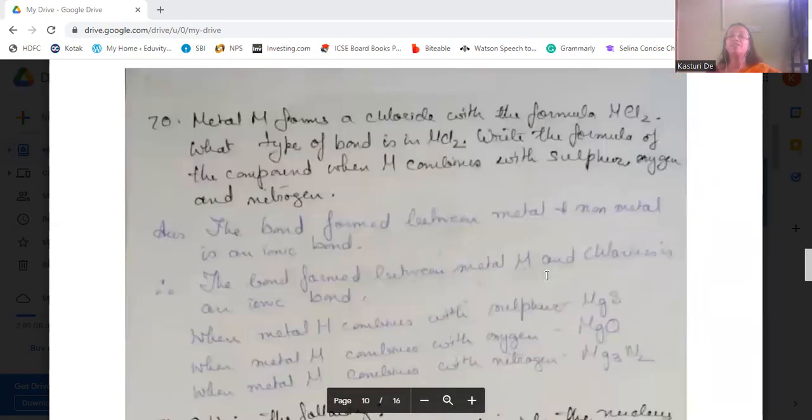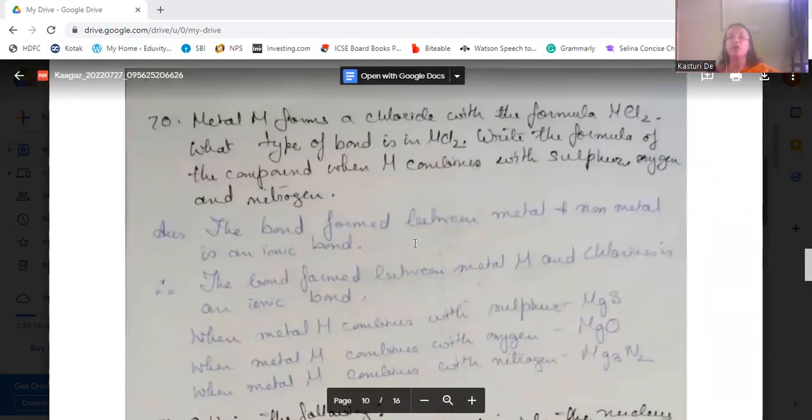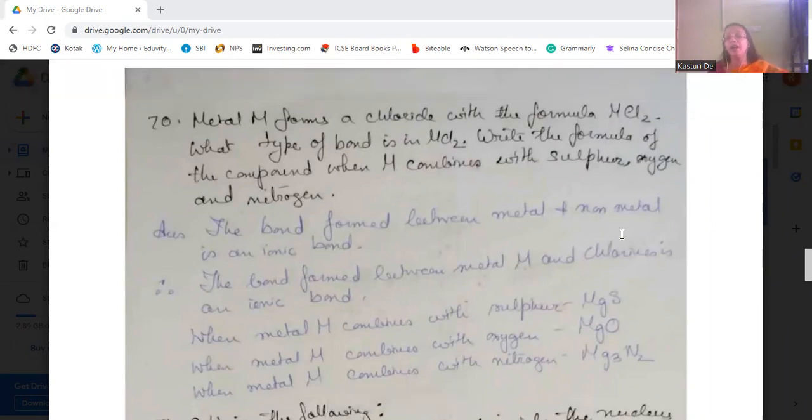Okay. The metal M forms a chloride with the formula MCl2. What type of bond is in MCl2? Write the formula of the compound when M combines with sulfur, oxygen, and nitrogen. The bond formed between metal and non-metals is the ionic bond. So if we consider M as the metal as it is given, and chlorine is a non-metal, the formula is MCl2. That means M will have valency 2. Therefore, when it combines with sulfur, which has valency 2,